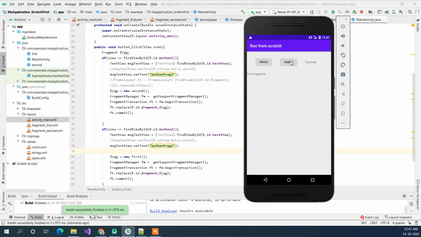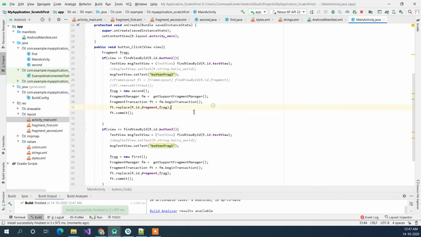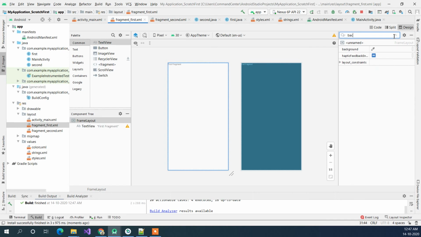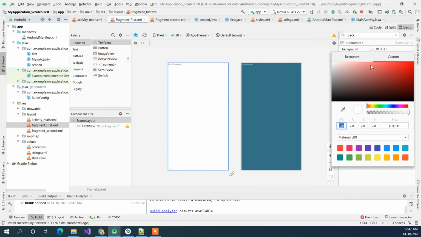So when you click on the frag2, it's changing it, but it's overlapping over it. So one way which I have found over the internet is they were suggesting to have a background color on it. So let's just try that. Background color, let me just use it.